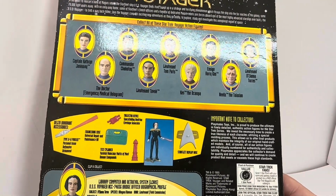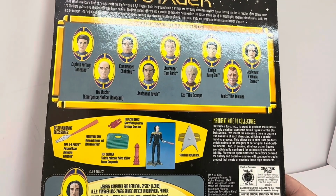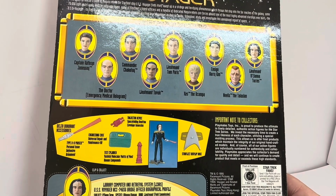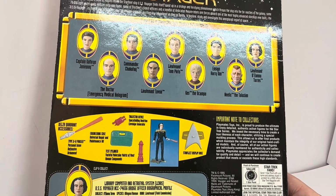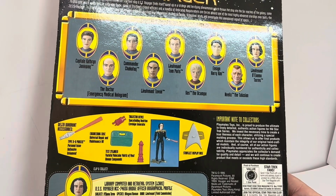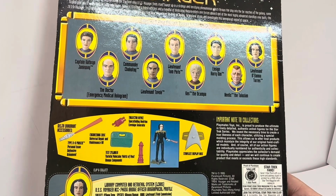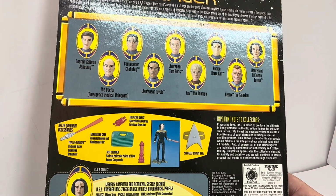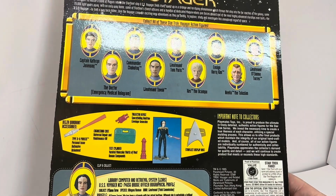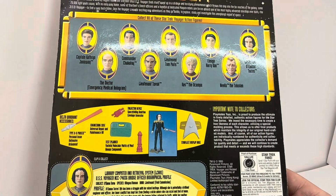is proud to produce the ultimate in timely, detailed, authentic action figures for the Star Trek series. We invest the necessary time to create a true likeness of each character, utilising a special moulding process. This allows us to further final products which maintain the integrity of our original handcrafted models. And of course, all of our action figures are individually numbered for authenticity and collectability. Playmates appreciates the collector's demand for quality and detail and will continue to create product that meets or exceeds these